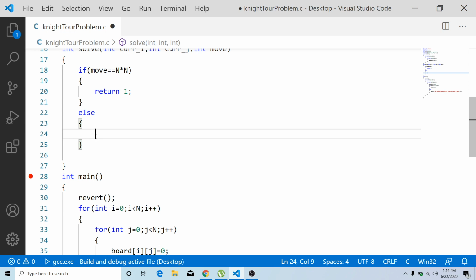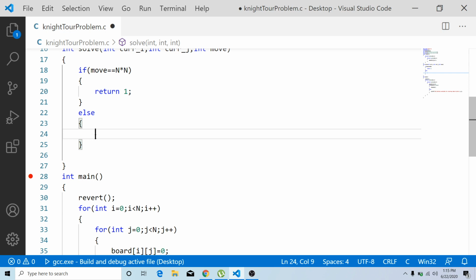So now we have to look for all the possibilities. You have to move to each and every possible cell. Even if it is a 4x4 chessboard or an 8x8 chessboard, whatever the dimension of the chessboard is, every cell will have 8 possibilities